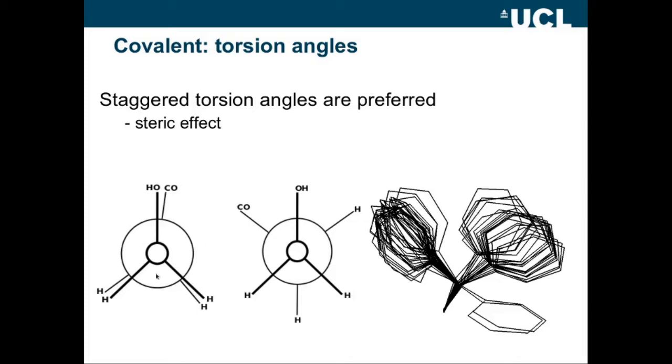So in this case we can have an eclipsed conformation like this, where the atoms that are attached to the 2 central atoms are kind of on top of each other in this view, or you can have a staggered conformation like this, where they're positioned apart from one another. Now these staggered conformations are energetically favourable compared with the eclipsed conformations because of the steric effects of these atoms